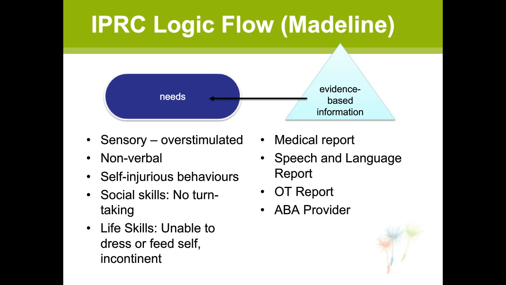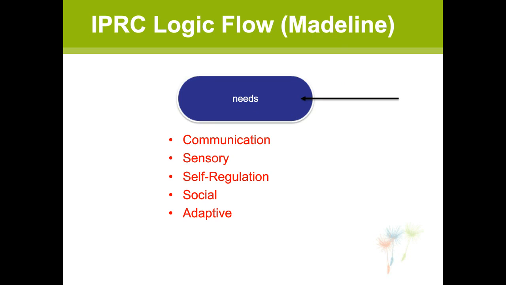Do you remember when we were saying that in the case of Emily, there's a tendency to telescope words, and that maybe it wasn't a big deal with Emily? But let's look at what could happen with Madeline. So if we remember the need statement from the last sheet, it's likely that it might be potentially presented in this way: communication, sensory, self-regulation, social, and adaptive. And again, you can see reasons for that. It cuts to the chase.